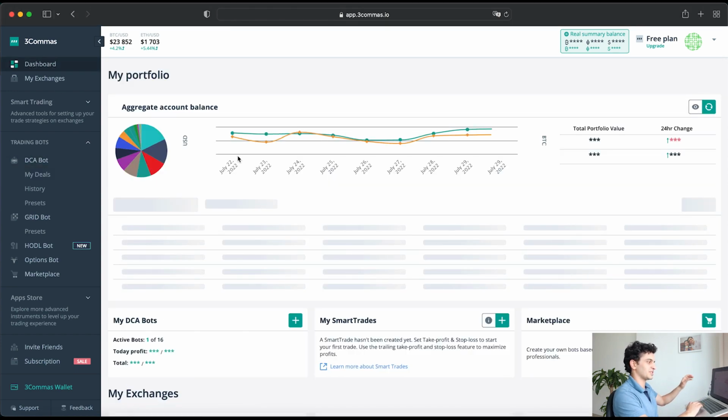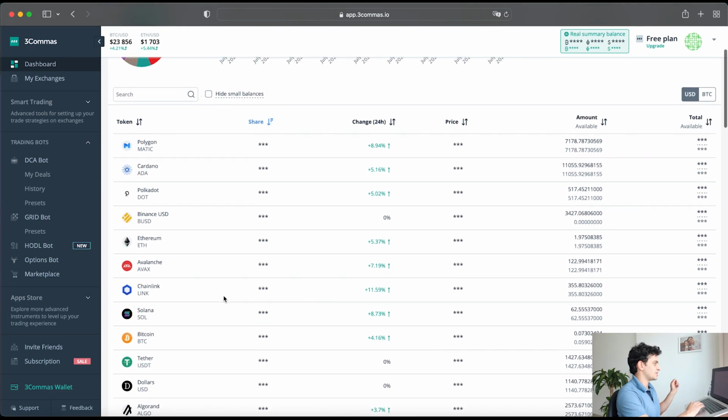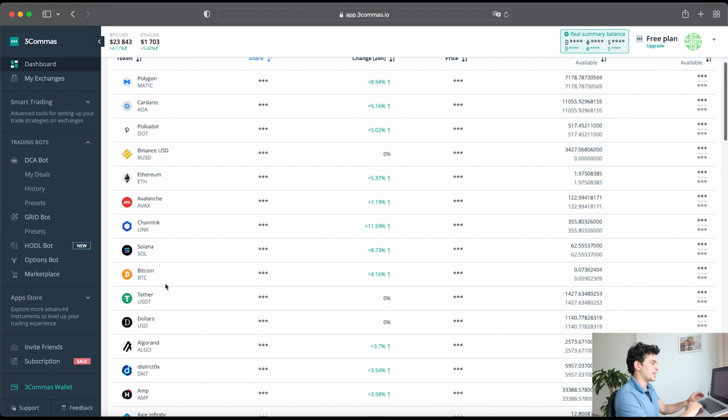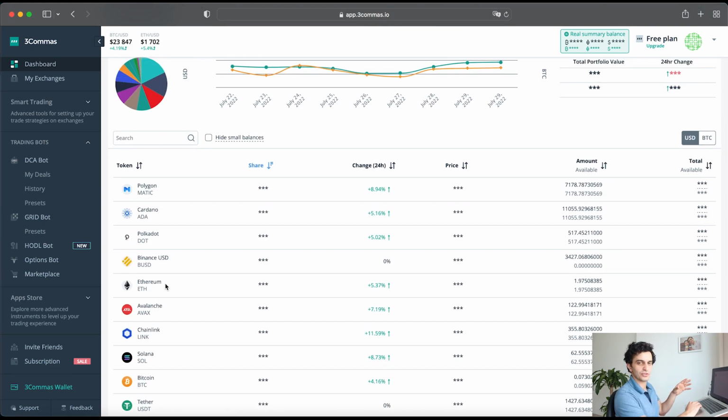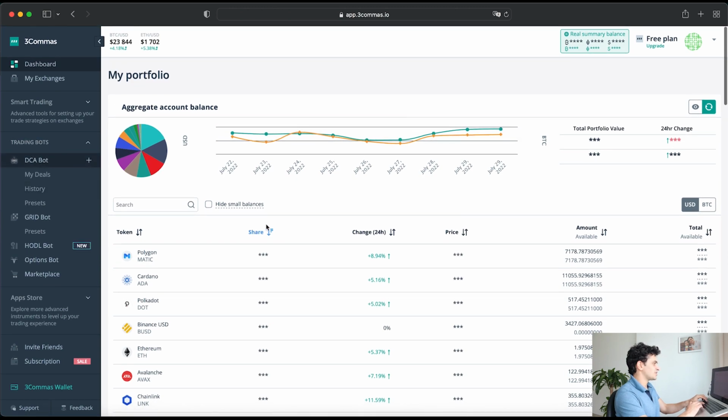We start from the dashboard, which has a lot of dashboards. You can connect multiple exchanges to it. I have Binance and FTX as crypto exchanges connected to my trading robots, and you can see here all the stakes that I have. The top 10 market cap coins, from Polygon, Cardano, and so on, the trading robot is buying for me by itself, and it is also selling when some conditions are met. And I have multiple robots,